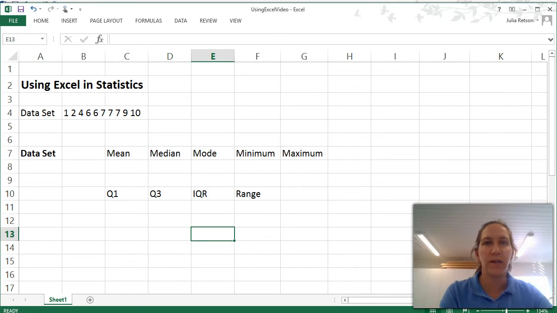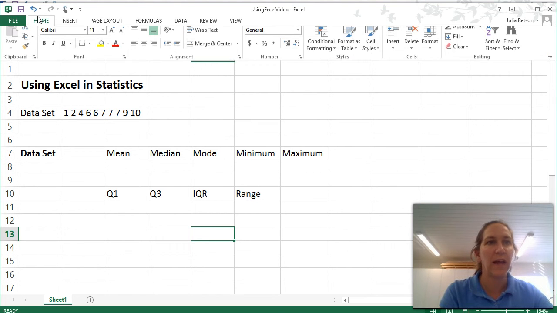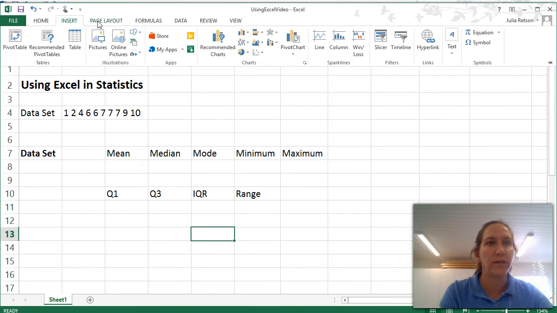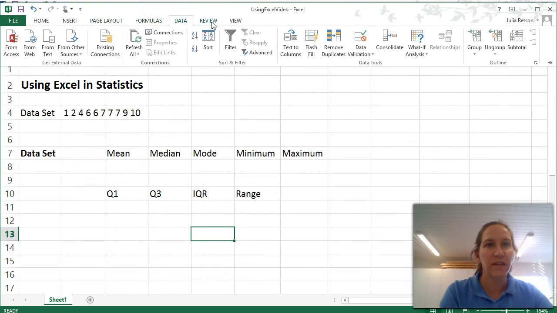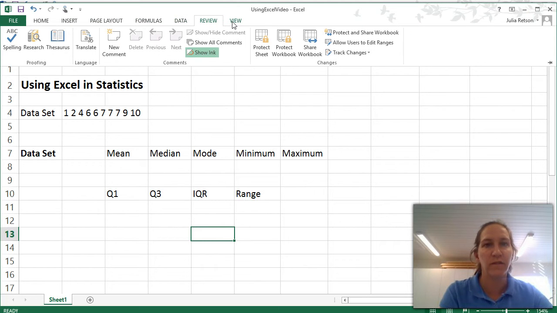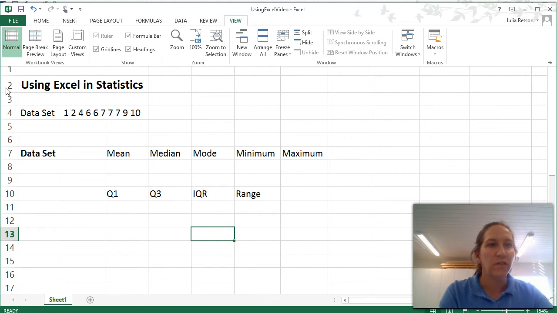In this video, we're going to learn how to use Excel to find some values in statistics. So Excel works a lot the same way as a Word document does. You've got these different sections here with a whole bunch of different tools that you can use. So if we were going to use the data set found here, and we want to find our mean, median,